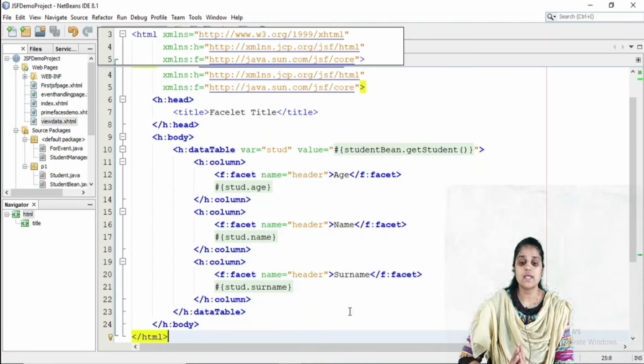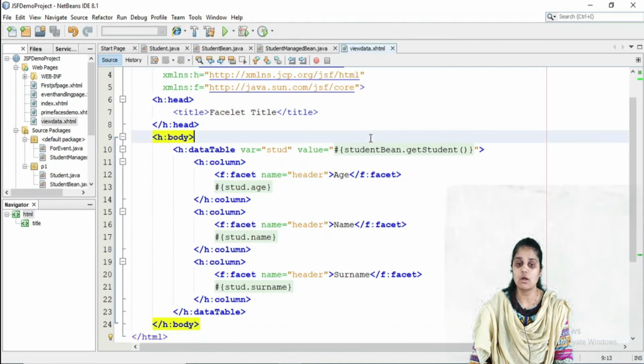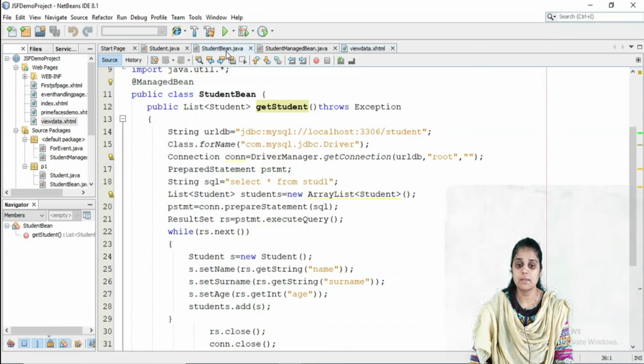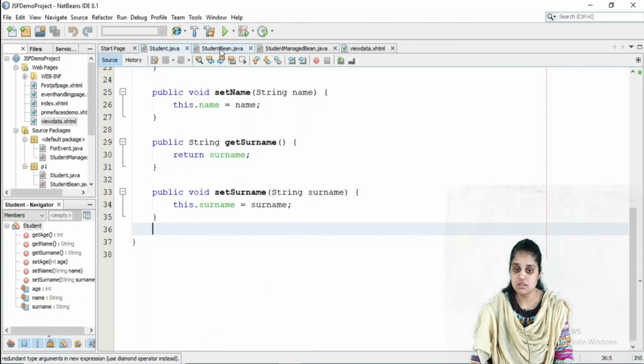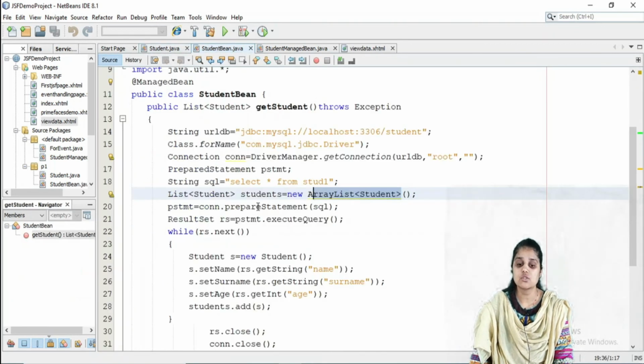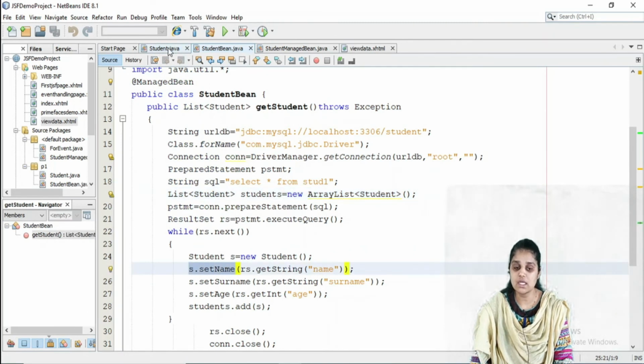So what actually happens is, when I am running this file, the studentBean getStudent method will be called. So here we will be going to this method. The database connectivity code will run. A new array list will be created of type Student. This Student is going to call the setter methods of the Student class.